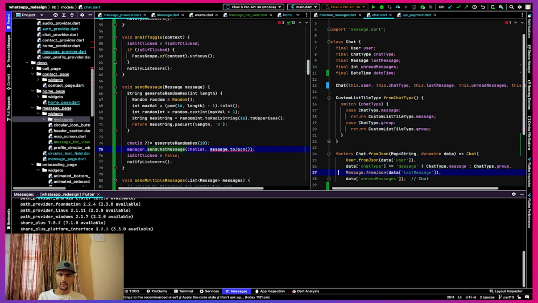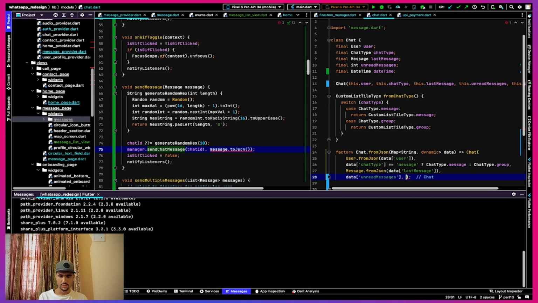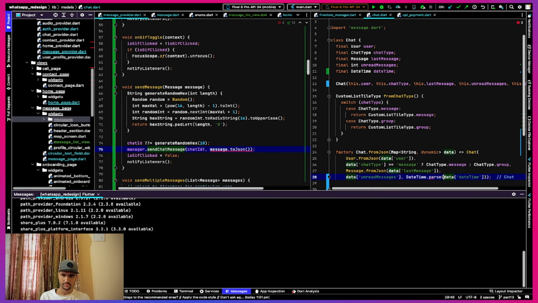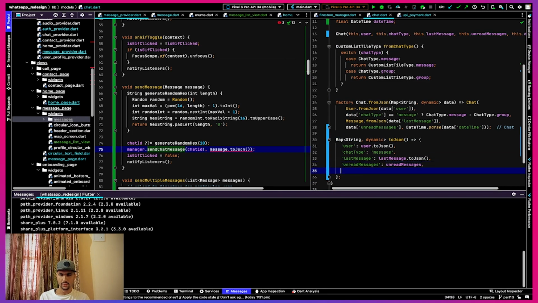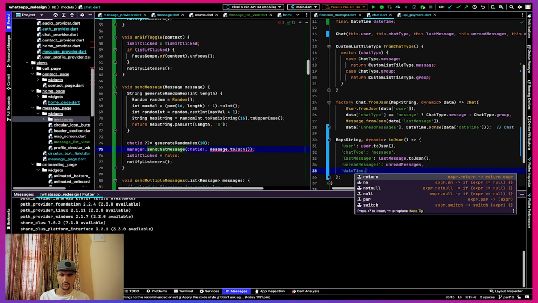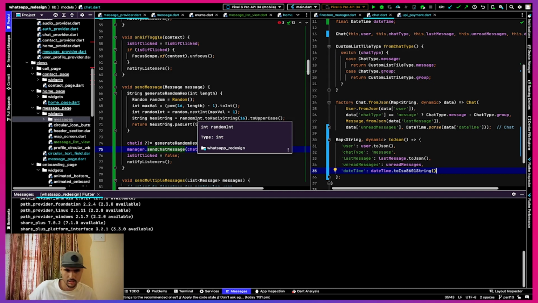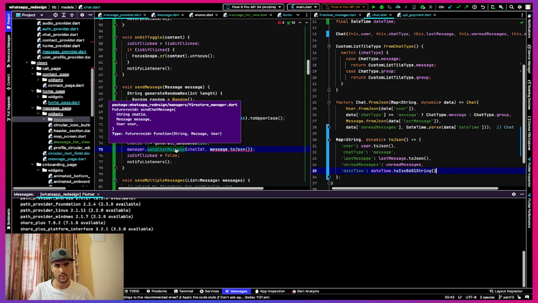Right, and here what I will do is date time. So if we are getting it from JSON, then we need to parse that. So DateTime.parse, and here what I will do is DateTime.toIso8601String. Perfect. Now, as you can see, inside the send chat message, we will require a chat ID, a message, and